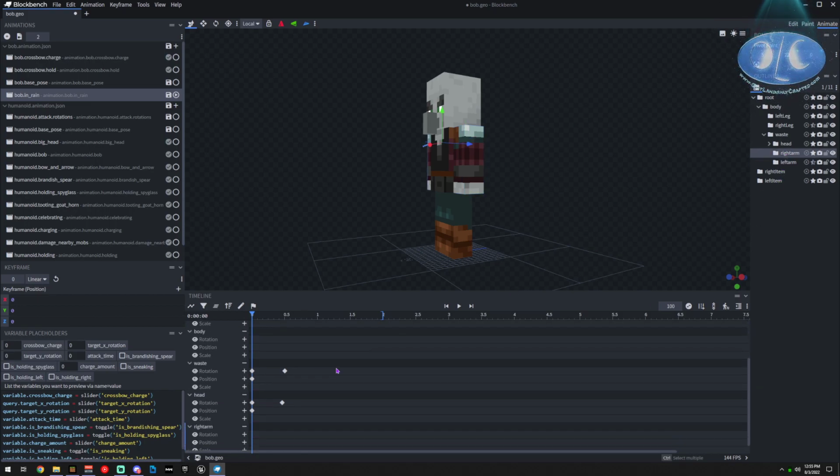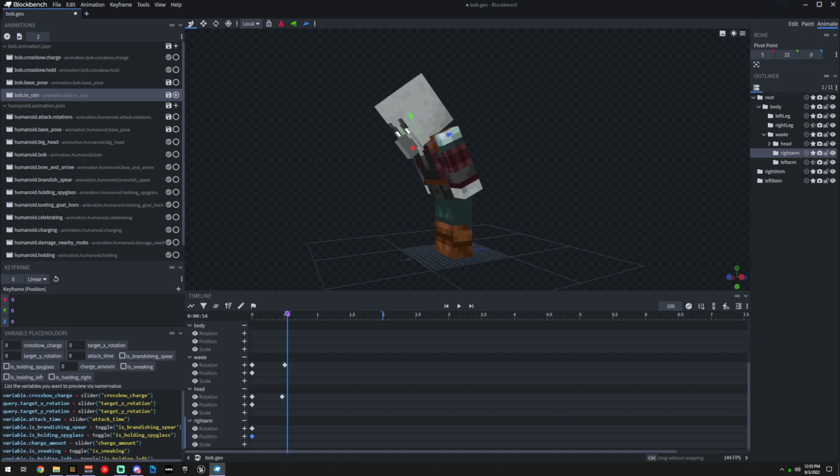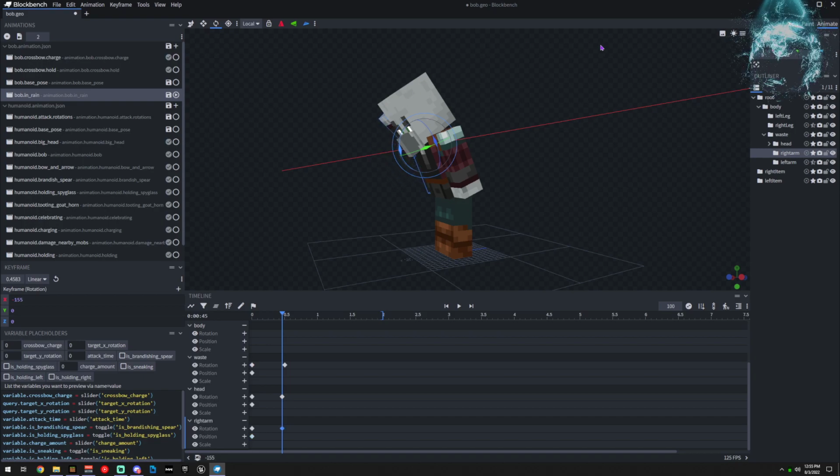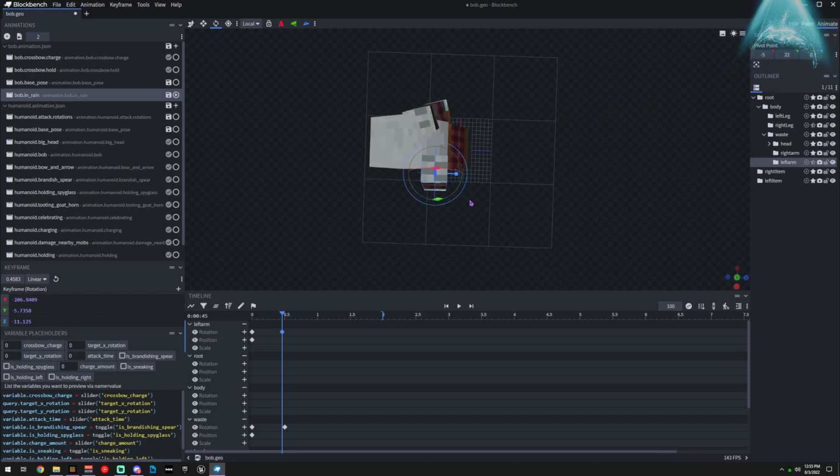Let's see, I need the right arm. So the arms start at 0, and then let's have the arms come up like he's trying to cover his head. And left arm come up and in. There you go.